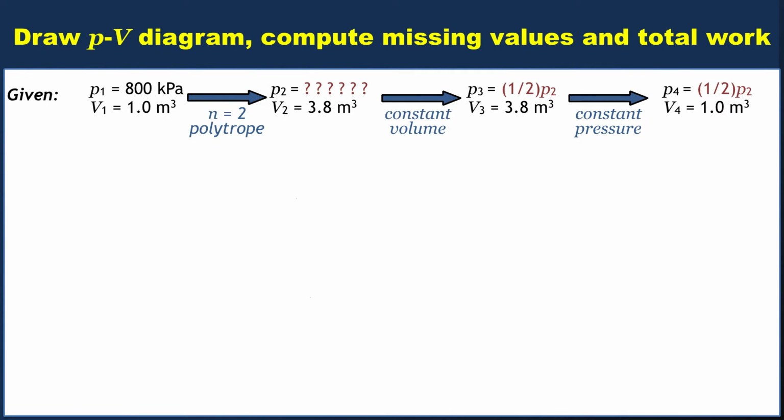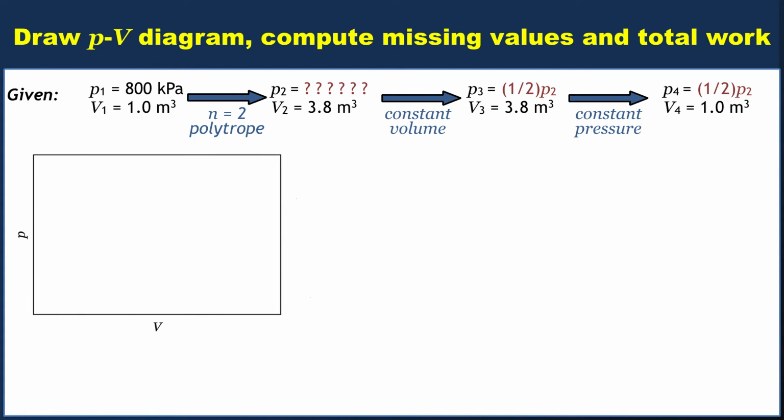The next thing we should do is draw a PV diagram. There's two reasons to do this. One is the problem asks us to. The second is that if we draw out a PV diagram, that'll help us catch things like sign errors later on when we do our calculations. So let's put down a general set of axes, and then let's put down the first data point without putting tick marks on our axes. It doesn't really matter where we put the first one.